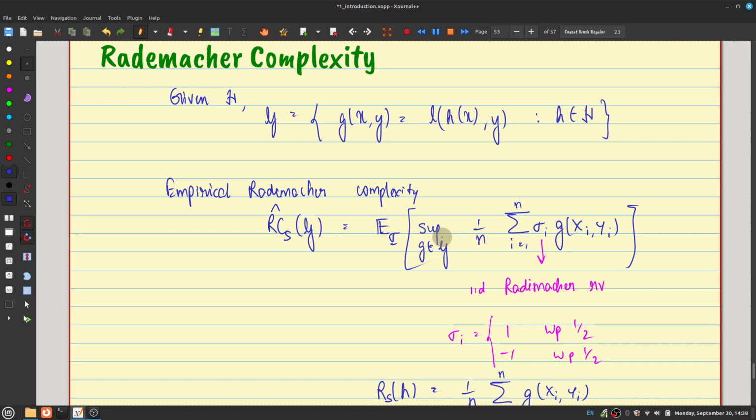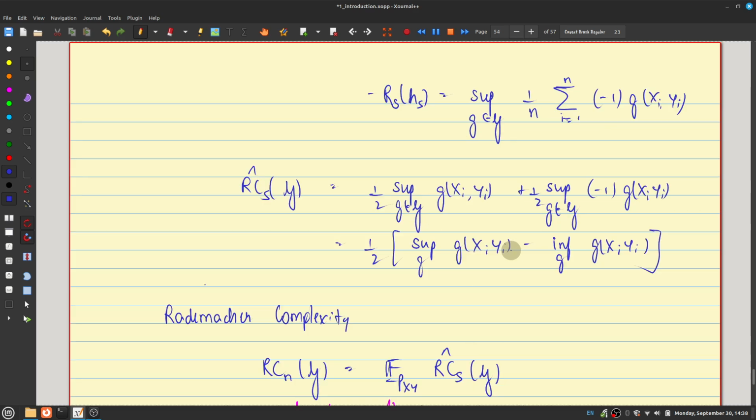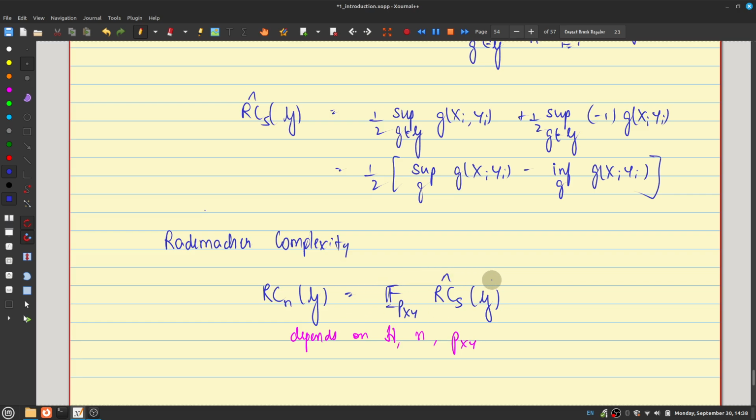This is the empirical Rademacher complexity, but it is a random variable that depends on the sample, on the training set. We can define the Rademacher complexity as simply the expectation of the empirical Rademacher complexity taken over the samples,